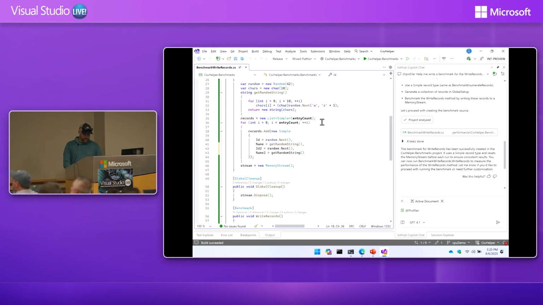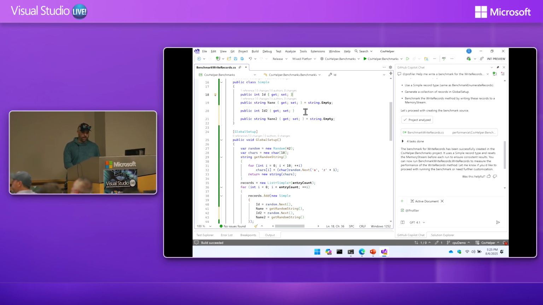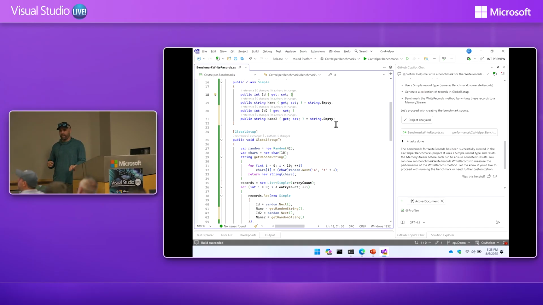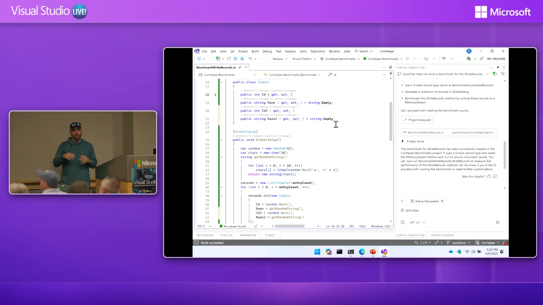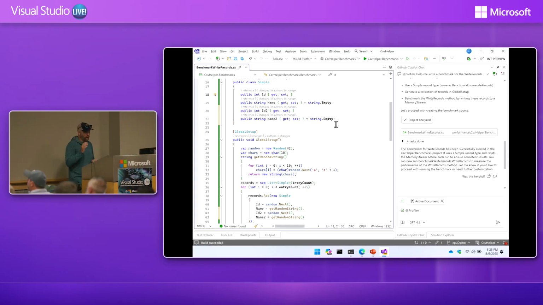And sure enough, it goes and it adds it in. It's gone ahead, it's created a new ID2 and name2. Again, something super easy that I can do. Copilot just really takes the toil out of it. And so I can focus in on doing the optimizations and providing the value that I'm really good at. And Copilot can just kind of be my